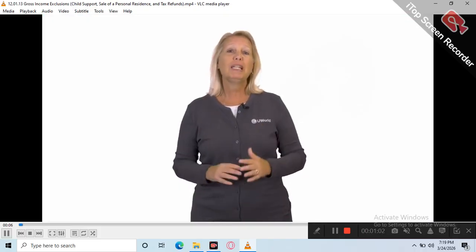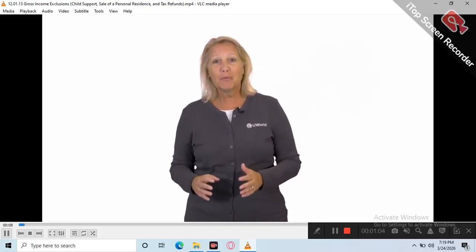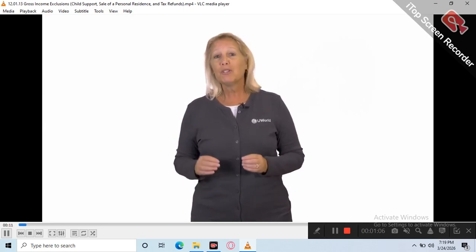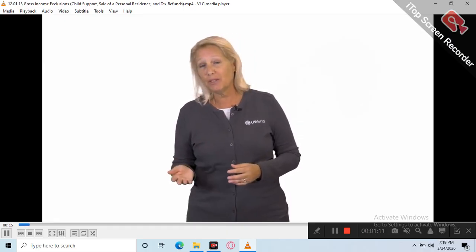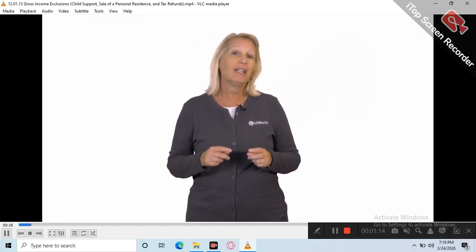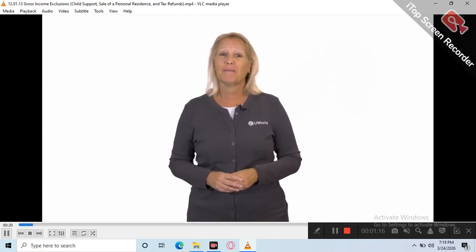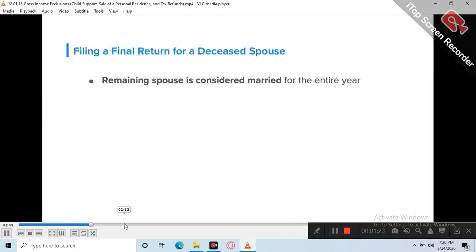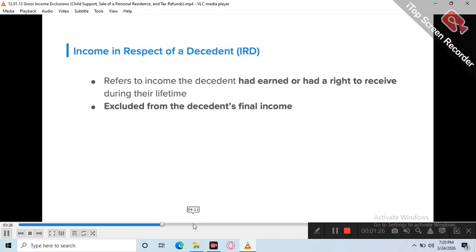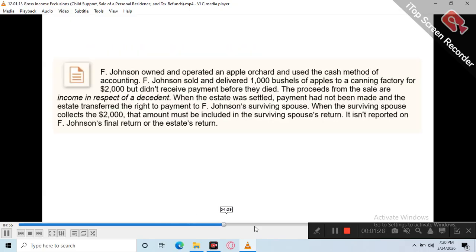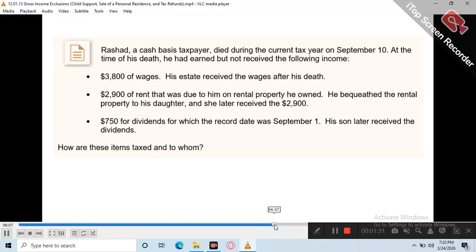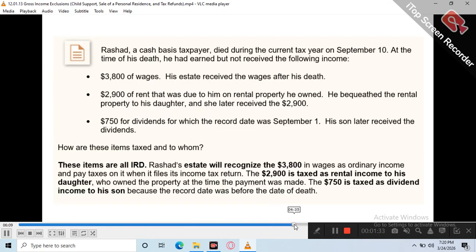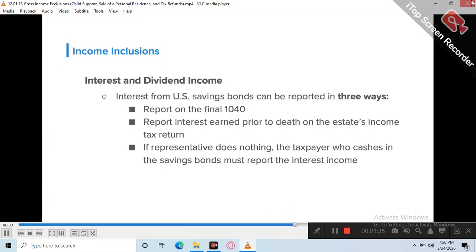Let's cover a completely new topic: gross income reported for a decedent. When a person dies, it must be decided where income earned but not yet received and expenses incurred but not yet paid are to be reported. The representative task asks us to calculate the income. The decedent earned it before, or had a payment later. September 1st was the record date, which was before the date. Interest from U.S. savings bonds can